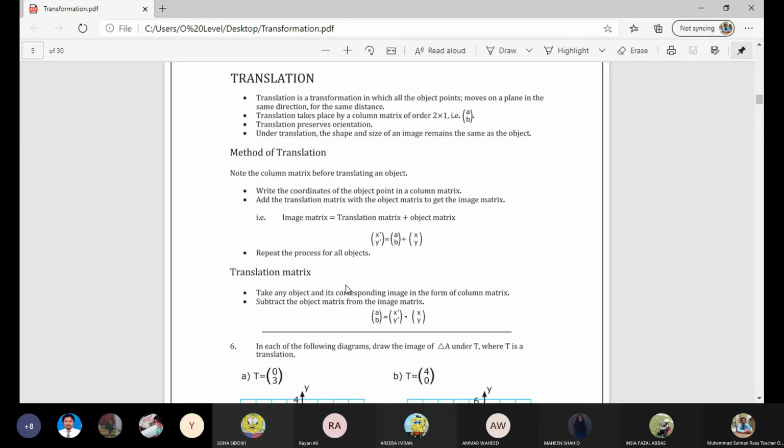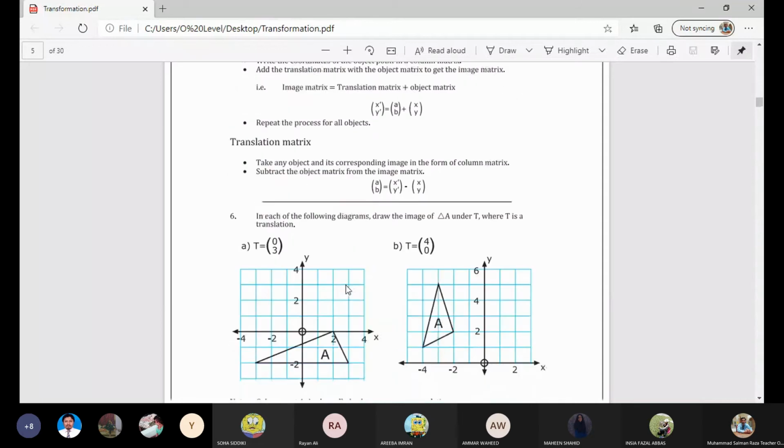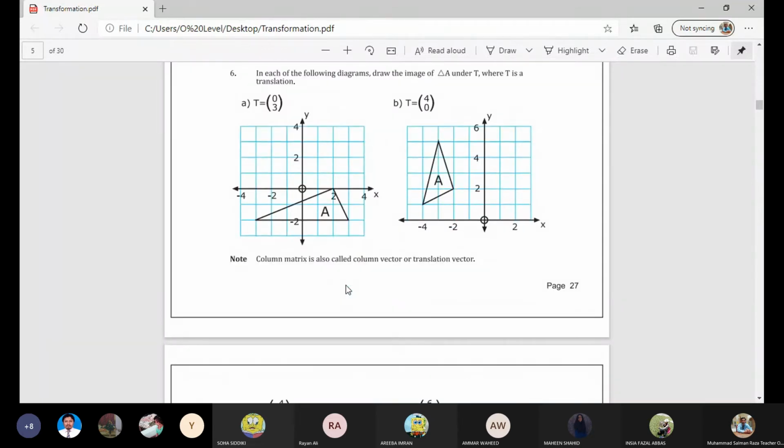In order to translate, I already mentioned that you need to have a translation matrix with you. When you have an object and a translation matrix, then you can translate the object without any difficulty. This whole note section is for you. I'm leaving this part and I'm coming to my question. So over here, what I'm going to do,